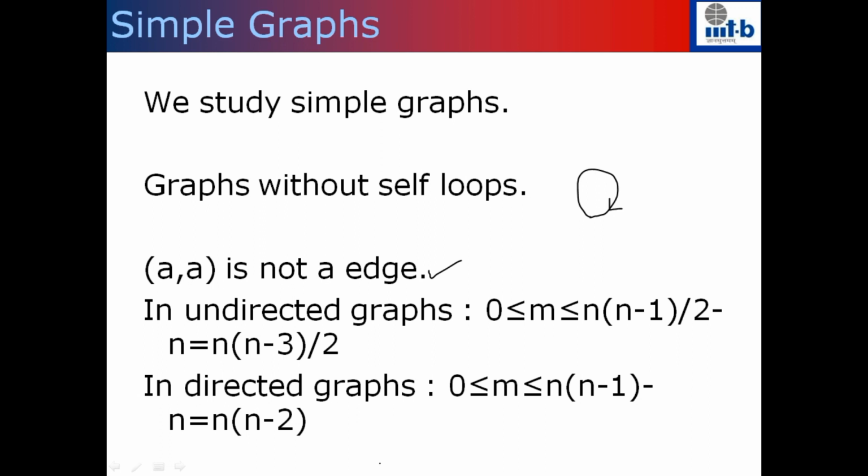If the number of edges in the graph is theta of n square, then we call it a dense graph. So that means that most of the edges are already there. If you pick your edge set to be all the V cross V minus the self loops, then such a graph is called a complete graph. The dense graph need not be complete, but most of the edges of the complete graph are still there in the dense graph.